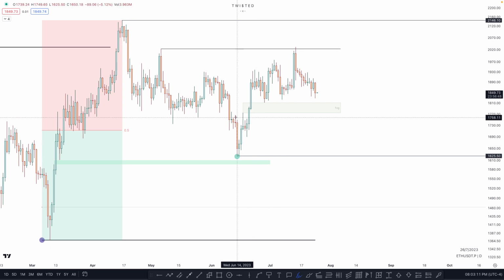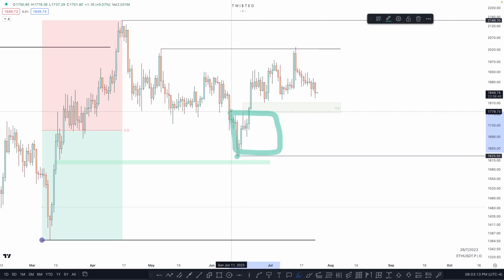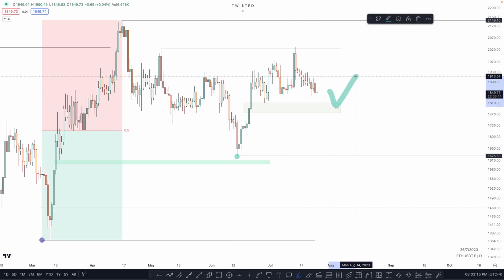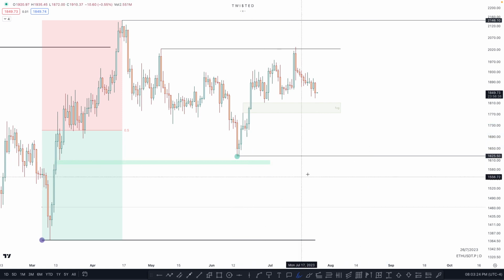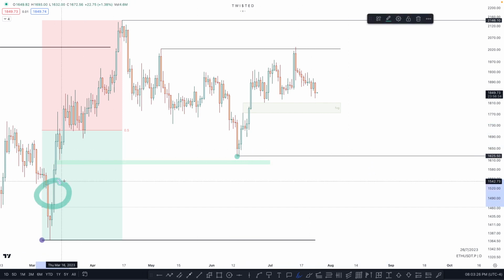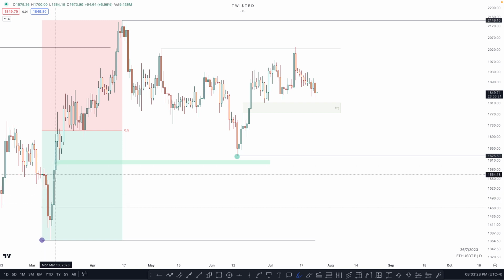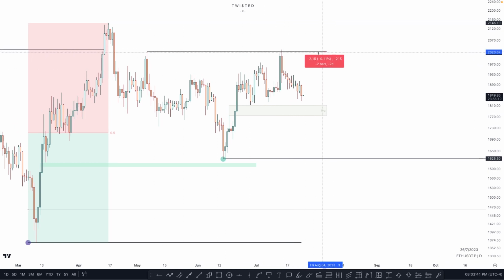This fair value gap was mitigated, so this area becomes an important price leg, but this will be our first reaction point. If we drop below, then this will be our second reaction point. The third reaction point will be just taking out these lows, and then we have this fair value gap on the weekly swing, which is also the daily swing. Price went up, we pushed back down into the discount, we went back up, we are forming relative equal highs. So we have a minor sweep of the